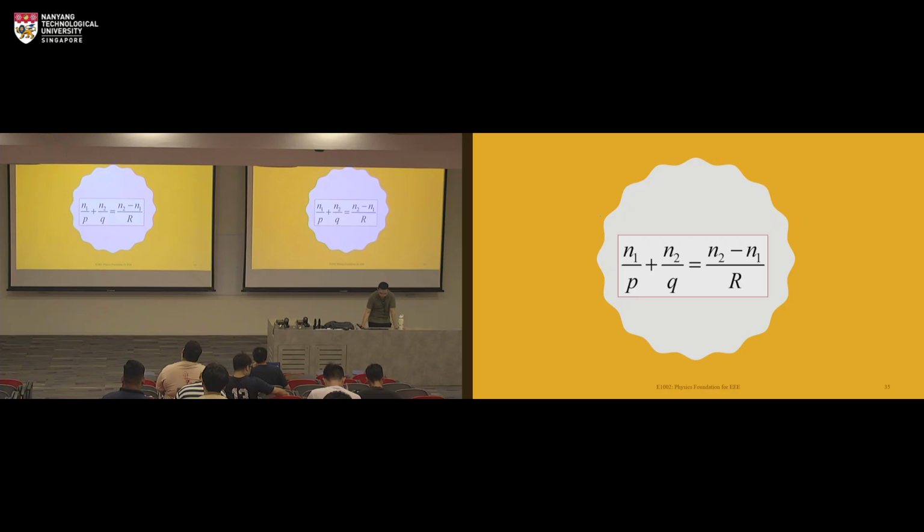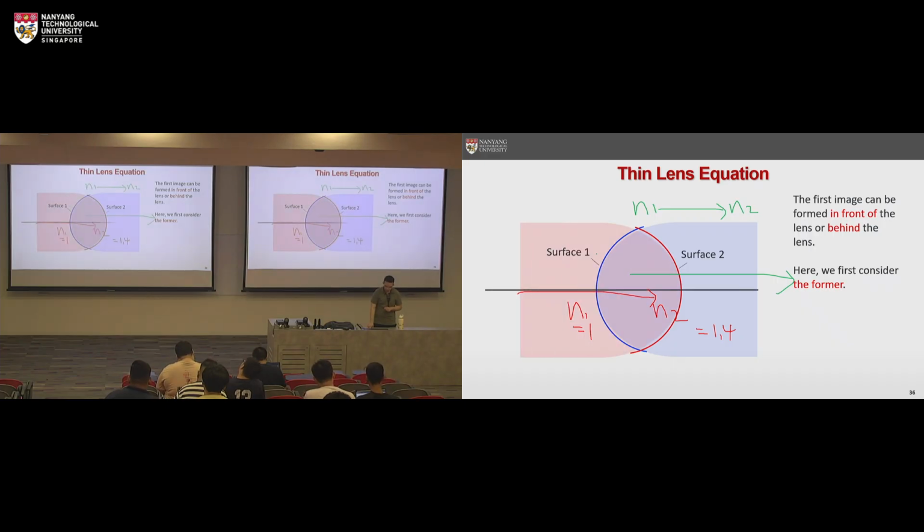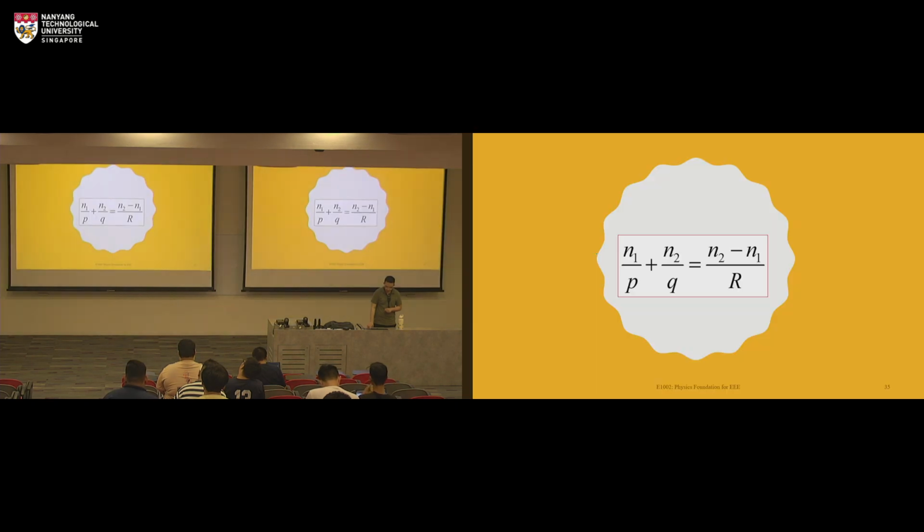But we know that a lens is not just one interface. A lens actually has two interfaces. The first interface is where your light goes from air to glass. The second interface is when your light tries to come out, from the lens to air. So basically it's a two-step process, coming in and going out. Okay, so if you apply this equation 2 times, one to express the light coming into the lens, the other to express the light escaping the lens,